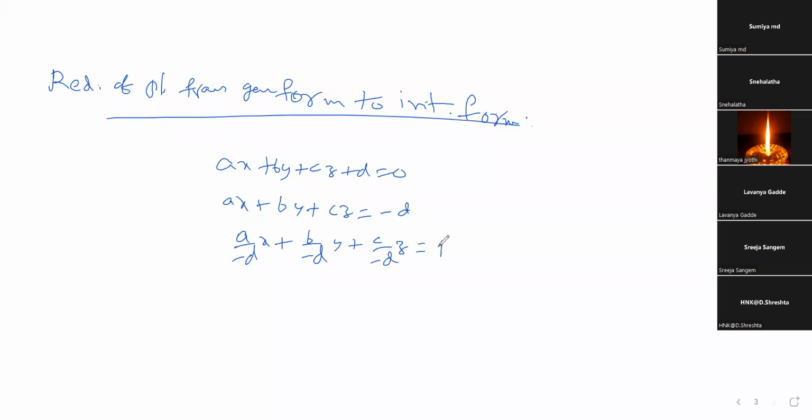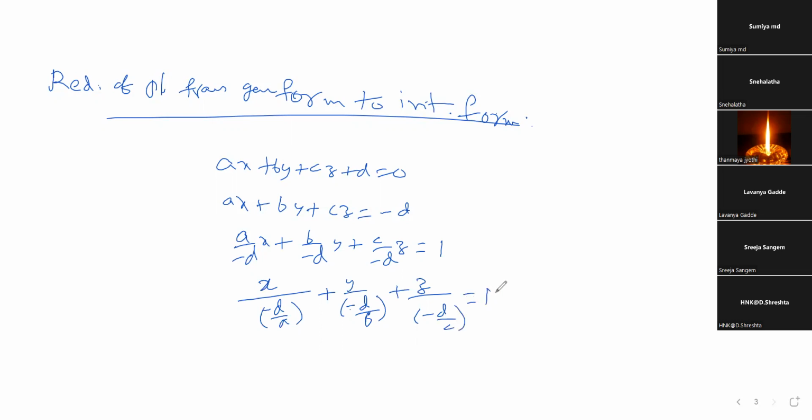What we are doing is dividing both sides by minus d. Then this can be expressed as x by (minus d by a) plus y by (minus d by b) plus z by (minus d by c)